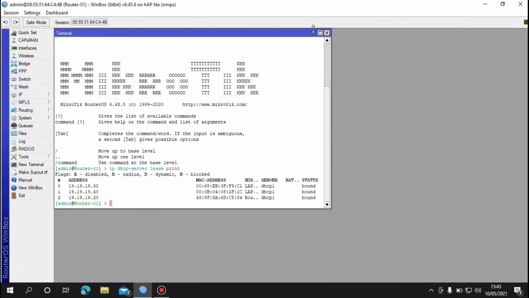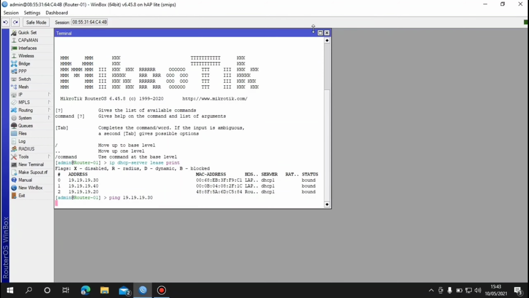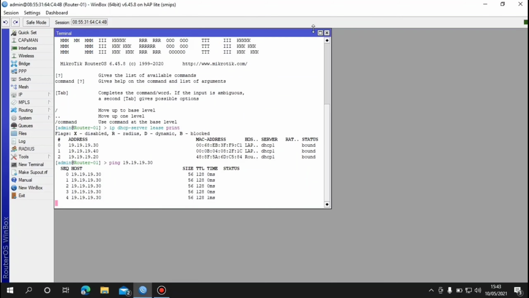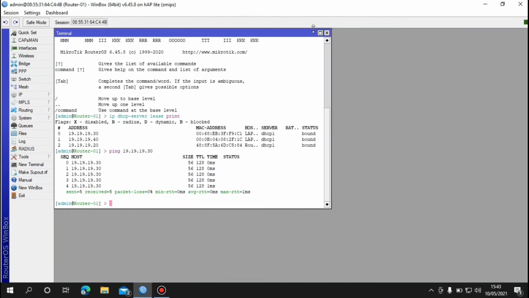First to client number 0 with the command ping and the IP client 19.19.19.30 and enter. We can see the result is reply, which means the server is connected to the client.